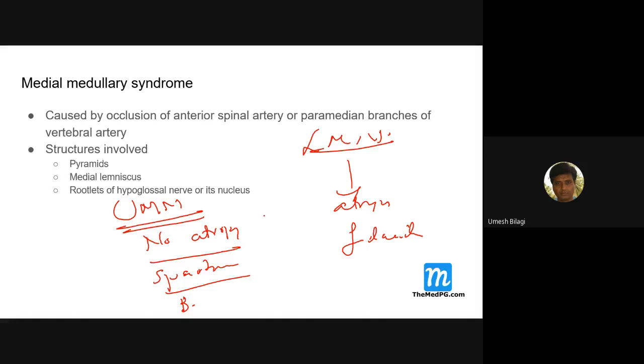UMN and LMN types apply even to the cranial nerves. The cranial nerves are very much similar to the spinal nerves. Only thing, they are in the face and the head, they come out through all those foramina. They got some special names and special behavior. But for all practical purposes, their behavior is very much similar to the spinal nerves. If a cranial nerve is involved, it becomes lower motor neuron type. And it is corticobulbar fibers we call. Corticobulbar, bulb means brainstem. If corticobulbar fibers get damaged, and due to that there is a paralysis of a particular nucleus or its nerves, then it becomes UMN type.